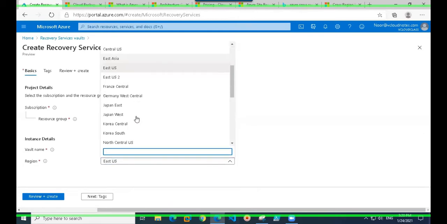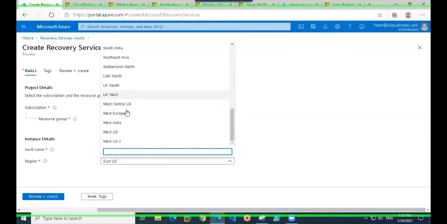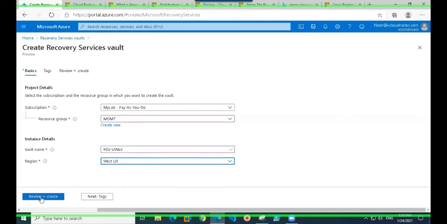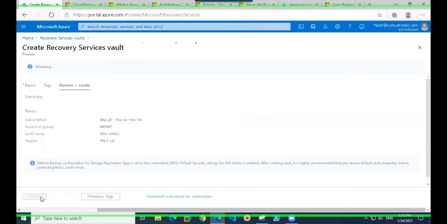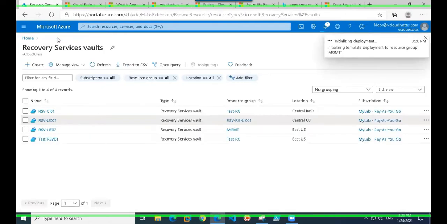Let me look for West US. Okay, here I just need to review and create, and it would create that recovery services vault. There is not much you would see here. Meanwhile, let it create and move to the recovery services vault blade.